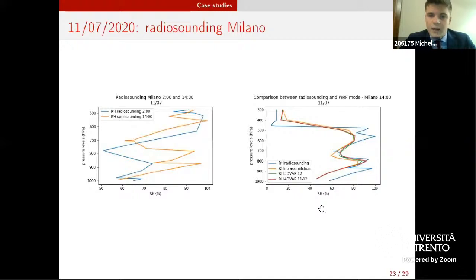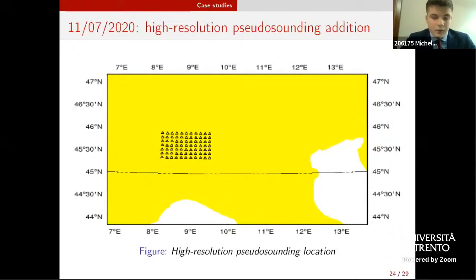The radio sounding of Milan is the closest radio sounding to the area where we observe the convection triggering, so at the border between the two regions. And it's not so far. So it's reasonable to assume that this underestimation of relative humidity was existing in that area also at 11 and 12 o'clock. So also thinking of the future possibilities to have hourly available satellite data or additional vertical soundings,